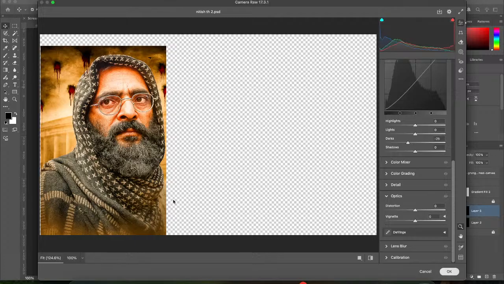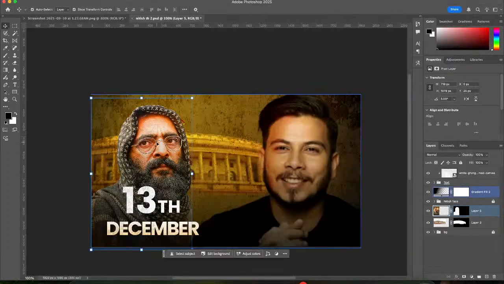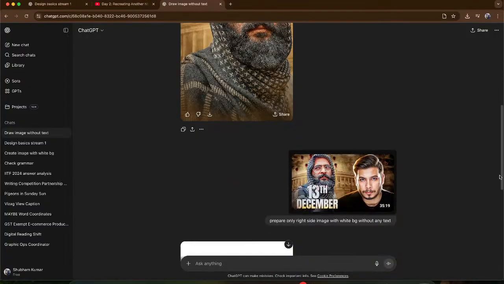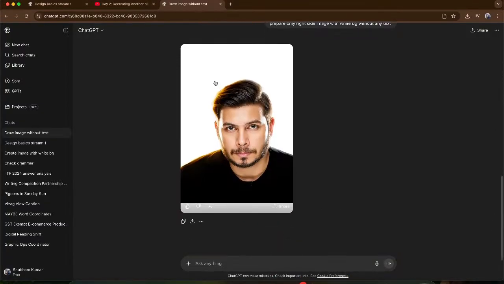Click on OK, and yes, there is some glow in the face. Let's see. Image is prepared. Yes, image is prepared. Copy image,